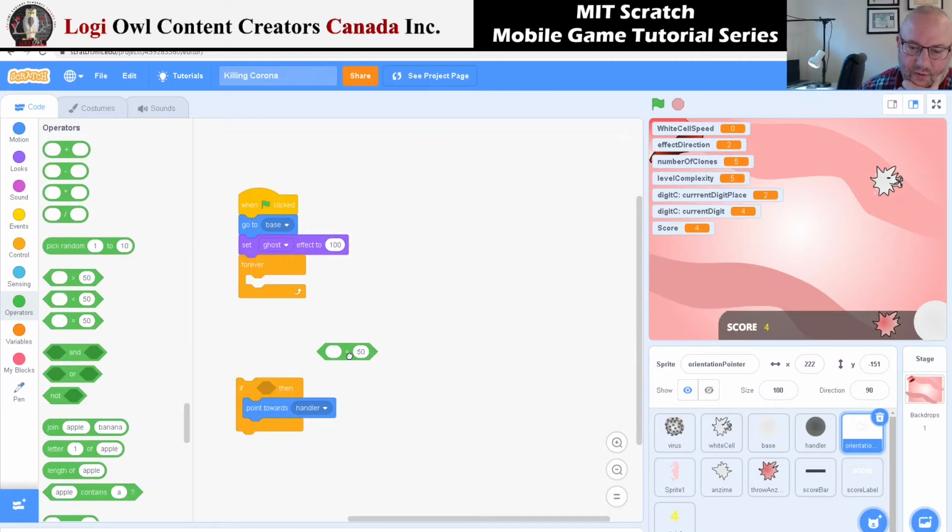So if it is not equal 0, it should point to the handler. So the speed will go from 0 to, so let's use bigger than instead of using that thing. So bigger than 0,